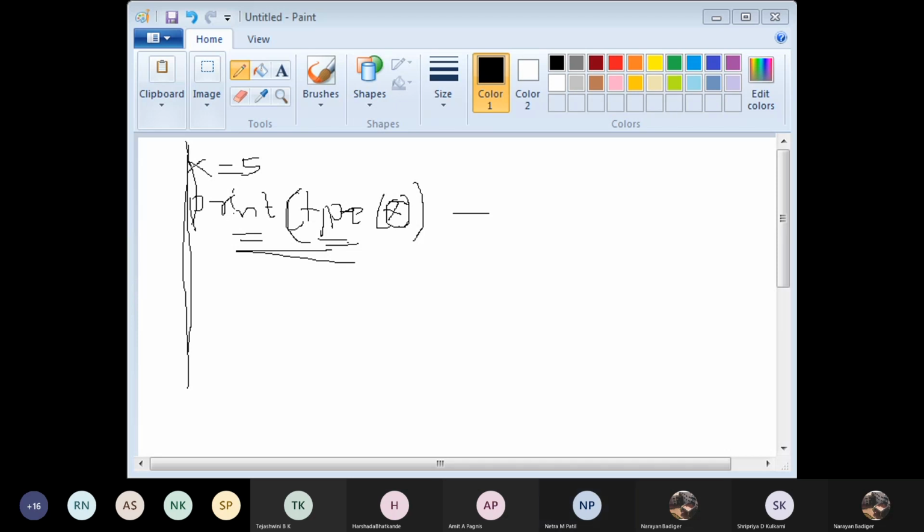Yes, sir. What are those different data types? Can anyone of you tell? Float, integer, and complex. No, no, I am asking the main classification.